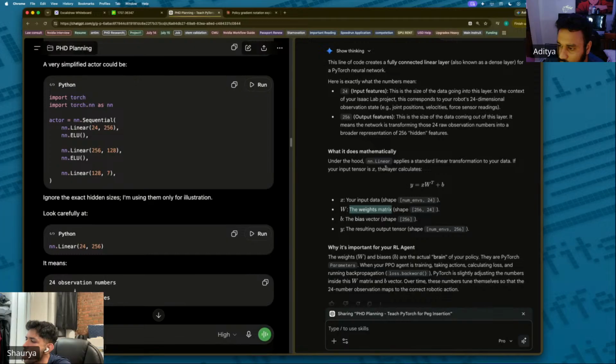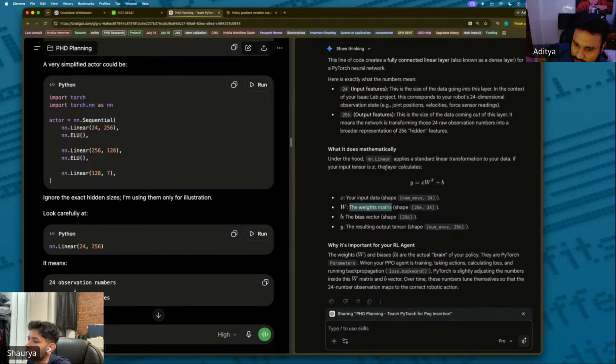So when you have 24 observations or 24 input features, for example, let's say one of the input features is force, another input feature is angular velocity, and there's another input feature that is force threshold, something like that. So when you put, we are just gonna put three right now. When you put these three features as an input into a 256 layer matrix, it's gonna do the